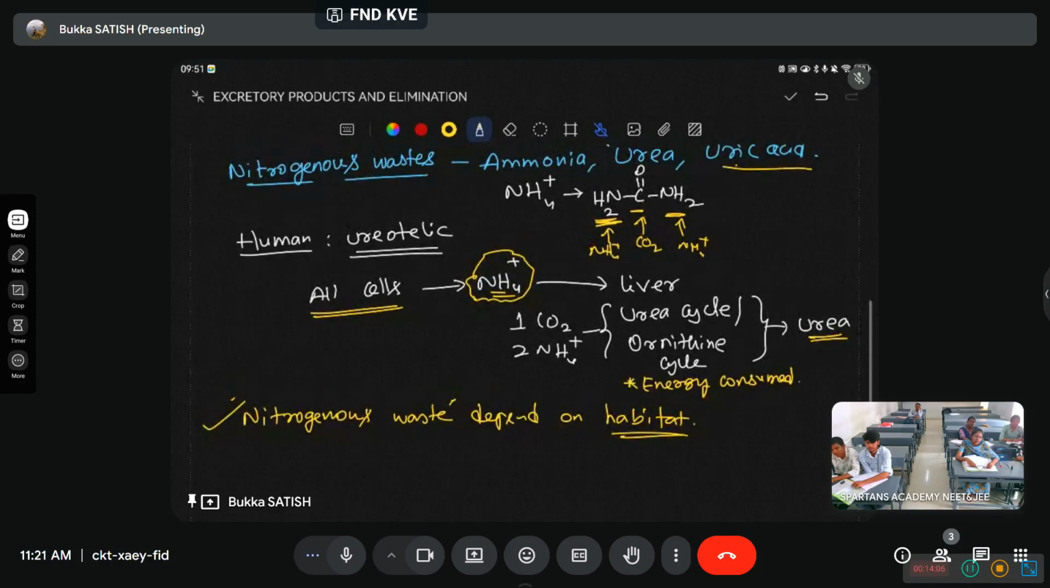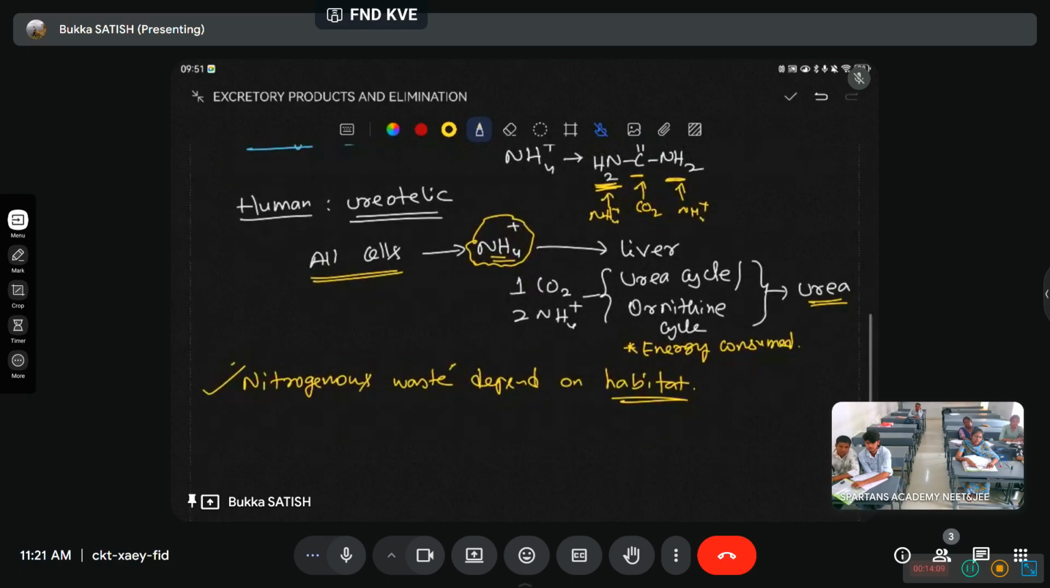We'll see which habitat is what, but out of these three, if you just see the toxicity of all these three different nitrogenous wastes, which one is the most toxic? Least toxic? So ammonia greater than urea greater than uric acid. This is the order of toxicity. Right. Next, if you take the amount of water consumed,